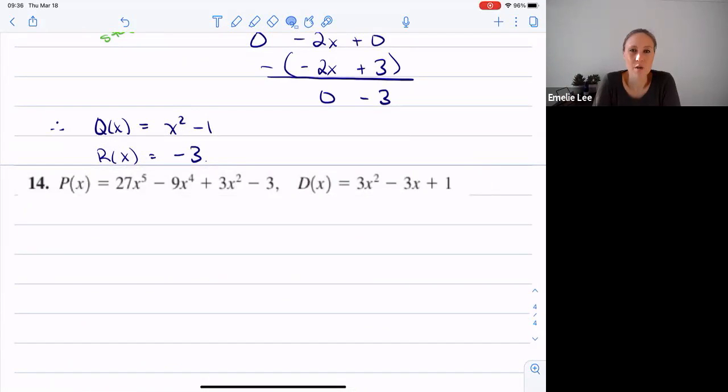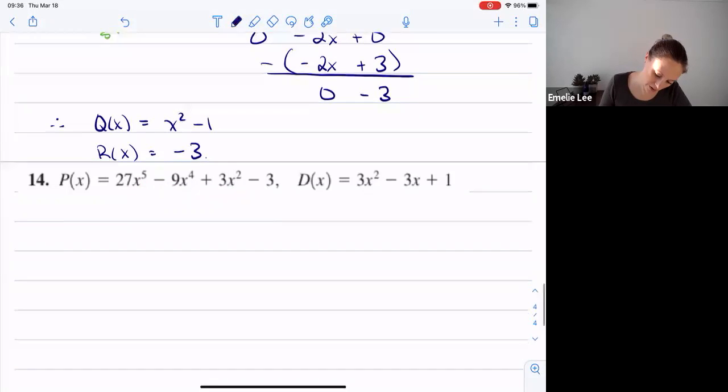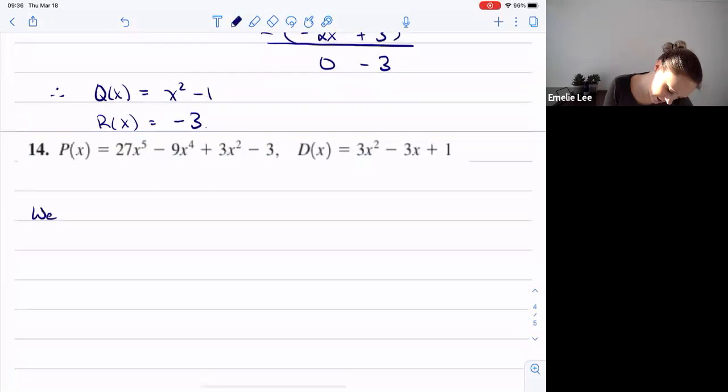Okay. So first thing you're going to do is you're going to check your p of x and make sure that you have powers of x for each term, right? So here our highest power of x is 5. So then I have 5, 4, 2. So I need to bump it out, right? I need to fill it in with a 3, and then I don't have just an x, so I need to fill it in with 2 terms. So we need to write